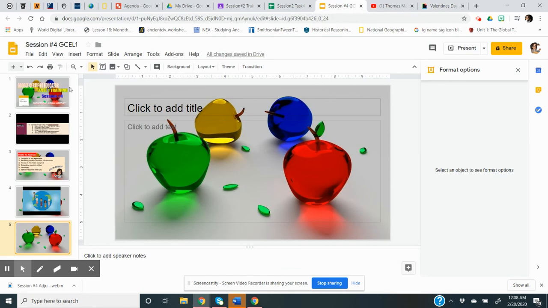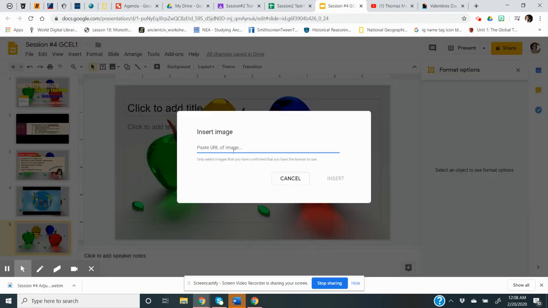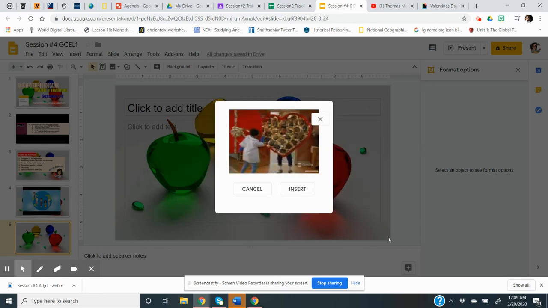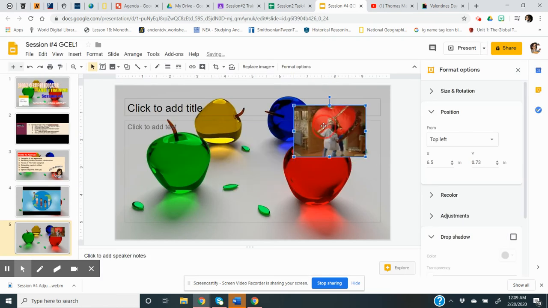But once I go back, I can click on insert, and at this point I'm going to the image insert. I'm going down to by URL, and this should work. If it doesn't work, then that just means it's not compatible. And here we go. So the GIF works, and I do this oftentimes with my bell ringers,